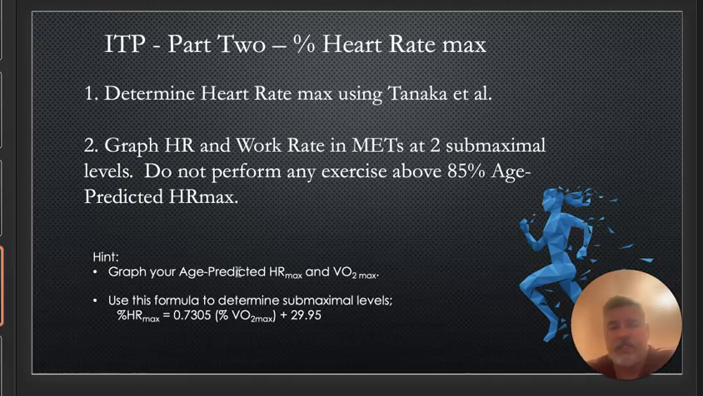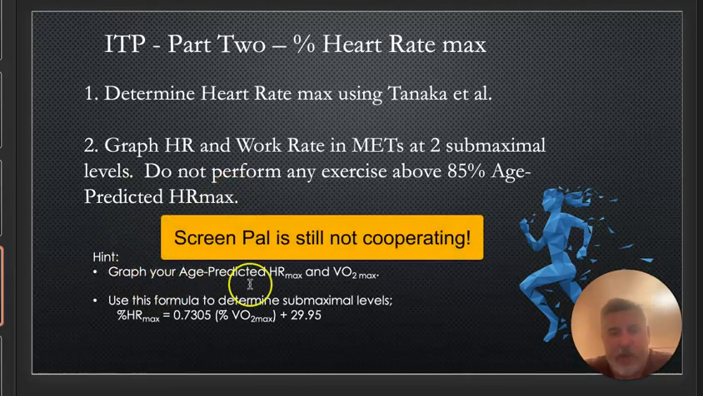Another way to do it is to use Tanaka et al. and then graph your age predicted and VO2 max. You can use this